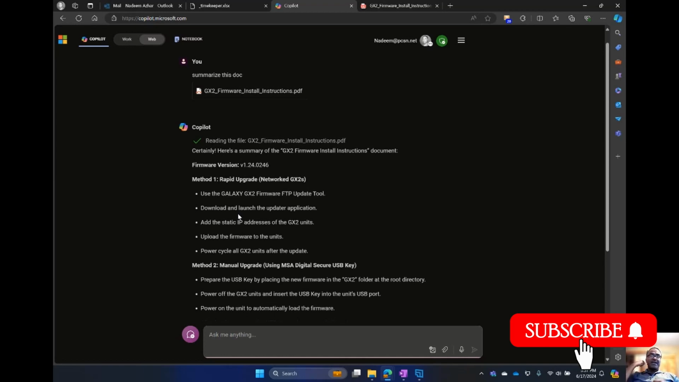Now, the question becomes, how are you going to convert documents into PDF files? Well, that's really easy. Any new version of Microsoft Office apps will let you save documents into PDF format. So if you have a Word document, just save it as a PDF, upload the PDF into Copilot, and let